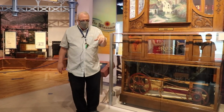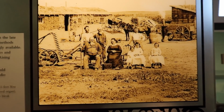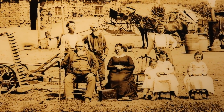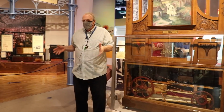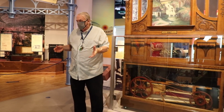As we go back this way, shortly we'll come upon a photograph, which I always like to point out, of a family sitting in a dirt farm, South Dakota, Kansas, Idaho. I mean, I have no real idea. And the reason I point this picture out, you'll notice at the foot of the matriarch of the family a